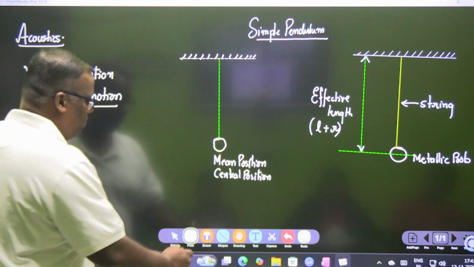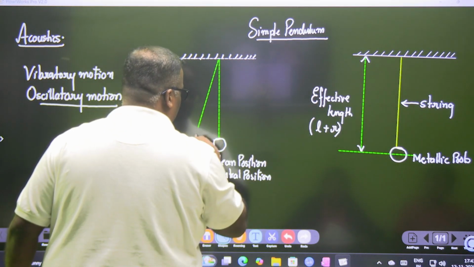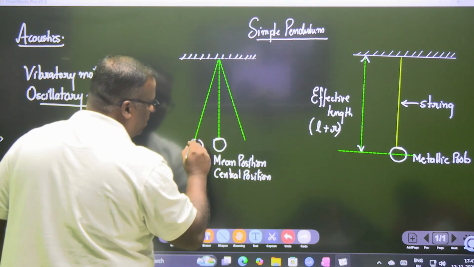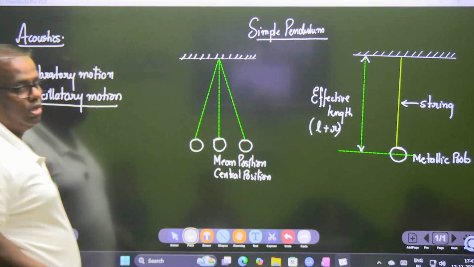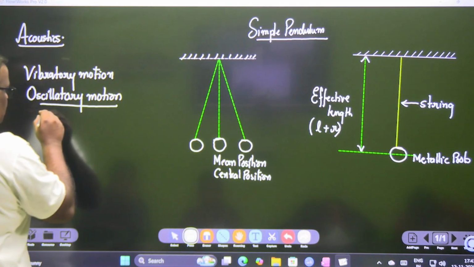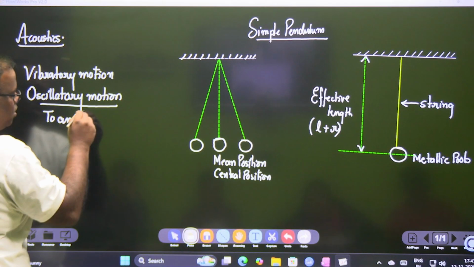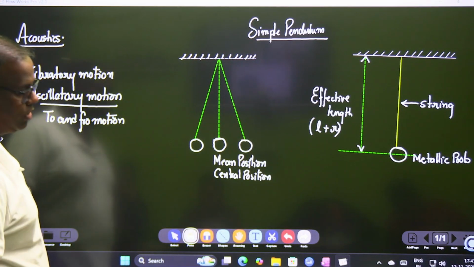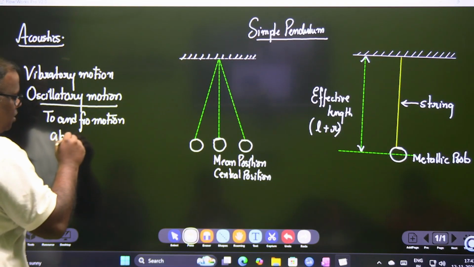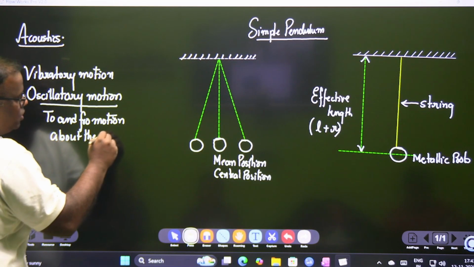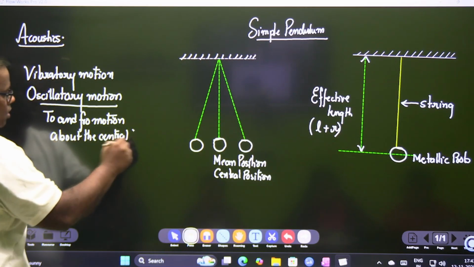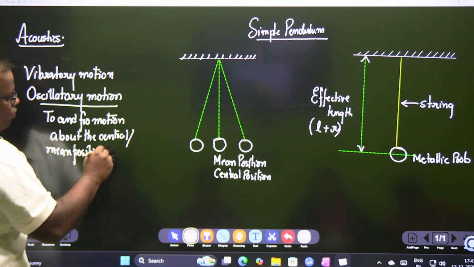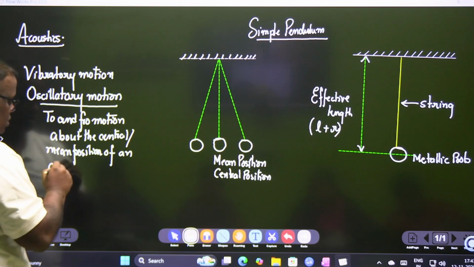Have you got it? So I will expect the pendulum to come out here and also go on this side, right? This and this is called an oscillatory motion. So oscillatory motion means a to and fro motion, about the central or mean position of an oscillatory